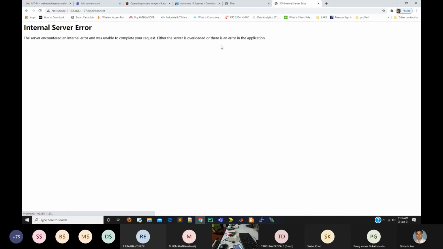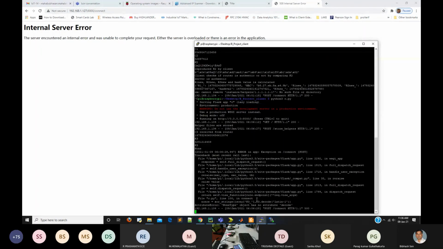Now, if an adversary PUF wants to connect with that same challenge response pair database that is previously stored in the router, we will check whether the adversary can gain access or not. So we will try to connect. Let's see. That is internal server error, so it cannot execute. And if you go to that code, you can see the traceback error is found. That is the exception that happened while connecting. So the response data is not coming.